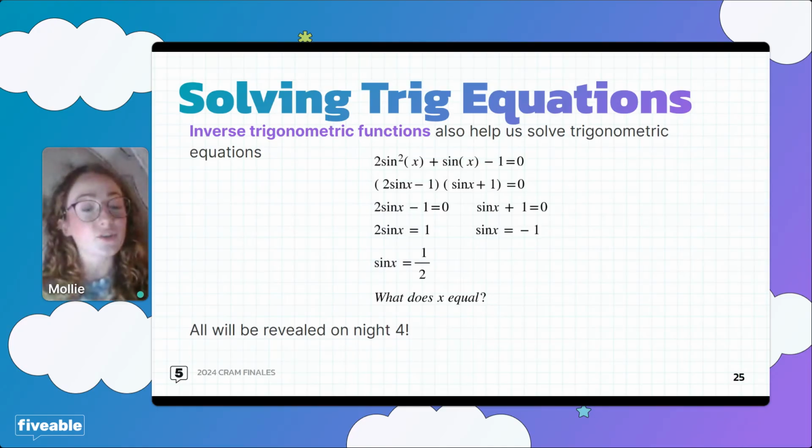So you'll see here that whenever you're solving equations that involve your trigonometric functions, a lot of times you'll come down to a point where you could see with sine of x equals 1/2, you're actually looking for the angle which will give you a certain side ratio. So in order to solve for x, you can't use your regular sine function. You're going to have to actually convert that to arcsine in order to find x. So it's just important to note that with a lot of different problem solving within trigonometric equations, you're going to have to use your inverses in order to actually solve for your variable.